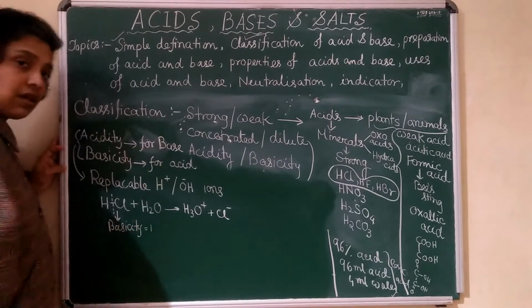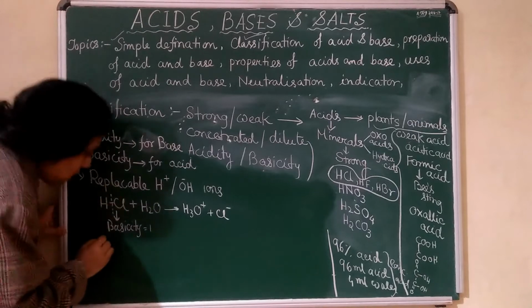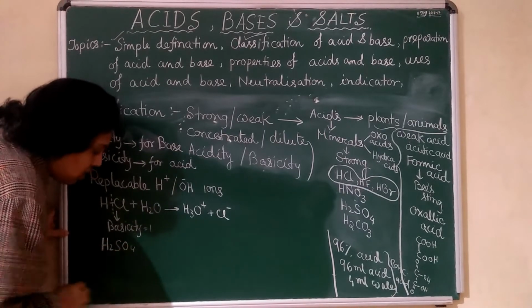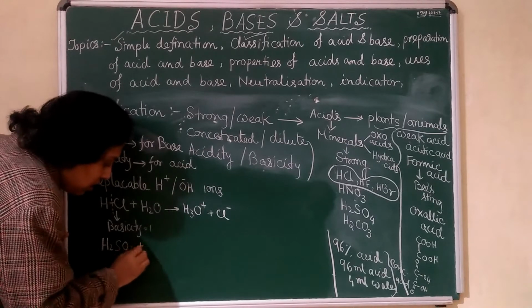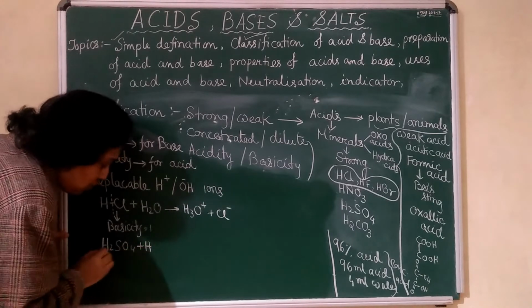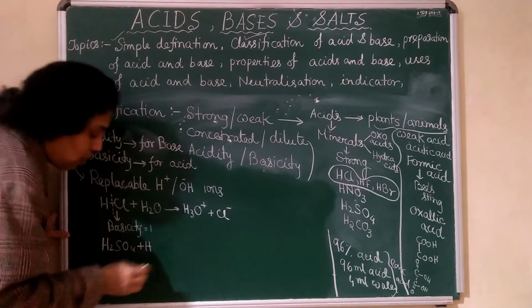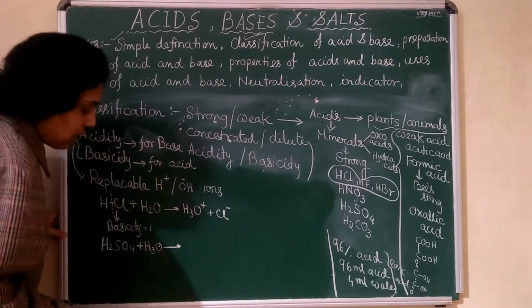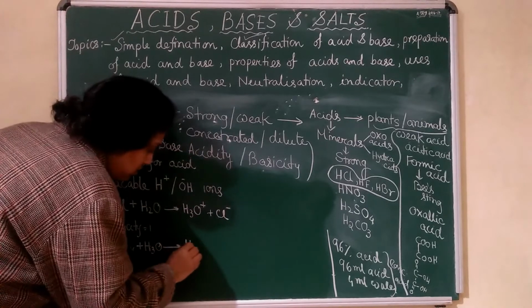Basicity is 1. Now, for example, H2SO4. If H2SO4 dissociates, what will happen? It will give 2H plus ions, but the 2H plus ions won't come off together. Okay, how will it happen? First it will give you, sorry,